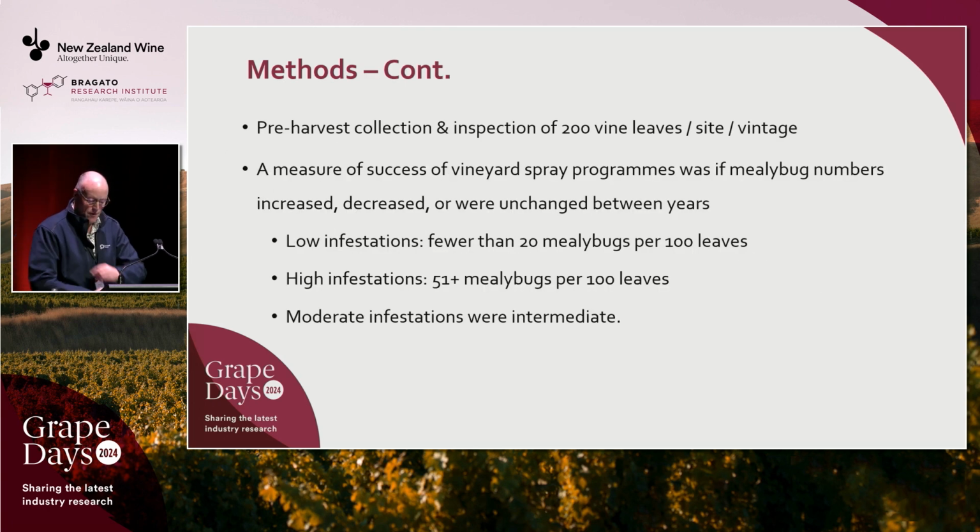To get an idea of what was happening with each of these spray programs and what it was doing in terms of mealybug management over time, for each of these 3 years, immediately pre-harvest, we'd go into all of these study blocks and we'd collect 200 leaves widely from each of the study areas, and we would take them back to the laboratory and they'd be individually assessed for mealybugs. We would count every life stage that we found on every leaf, and the goal was, of course, to get an idea of whether or not those mealybug populations were increasing, decreasing, or remaining relatively stagnant, and that actually informed